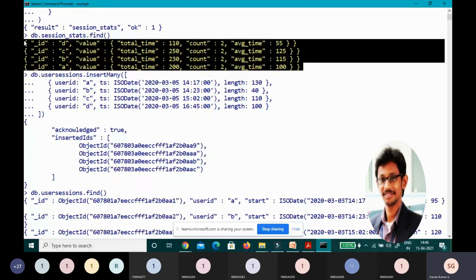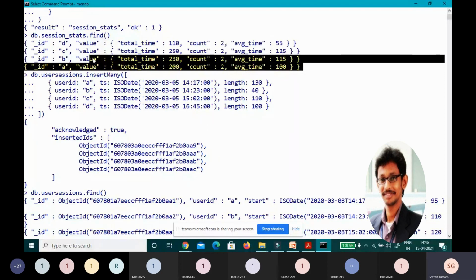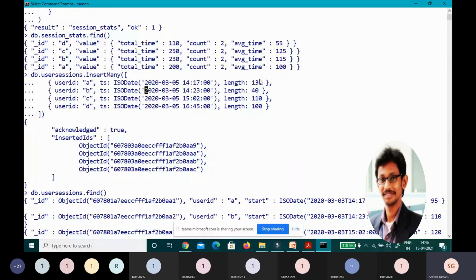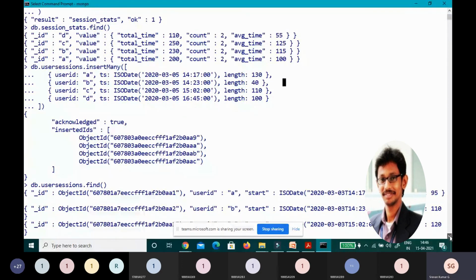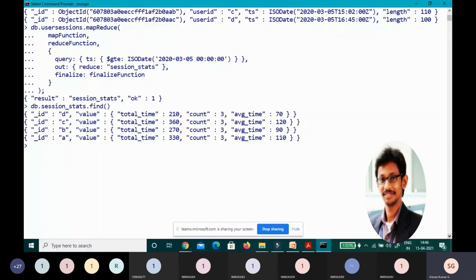Now for A, 130 has been added. 200 plus 130 is 330, and count will be 3 because this is the third day, and average time is 330 by 3, which is 110. Now you see, is that available or not? Yes, 330, 3, 110. So this is incremental MapReduce.